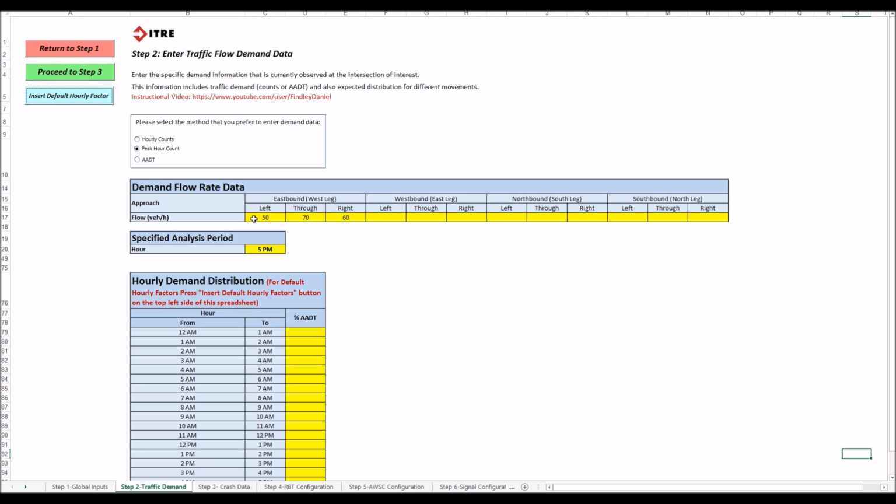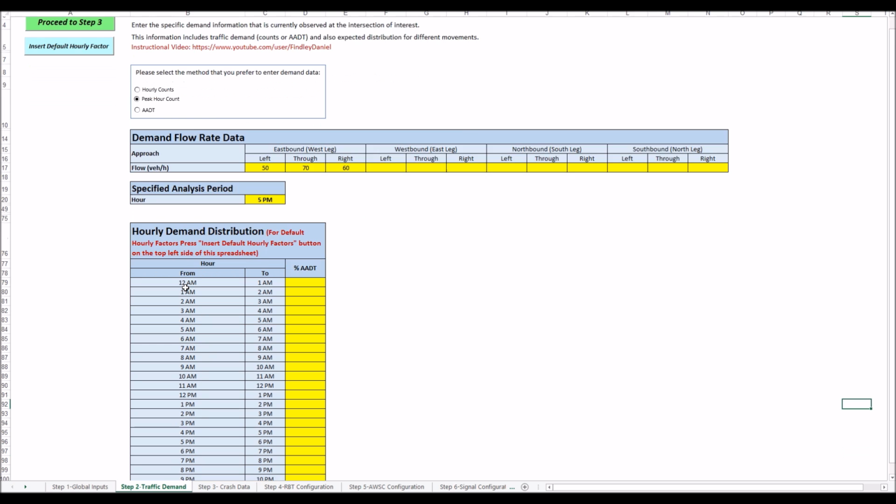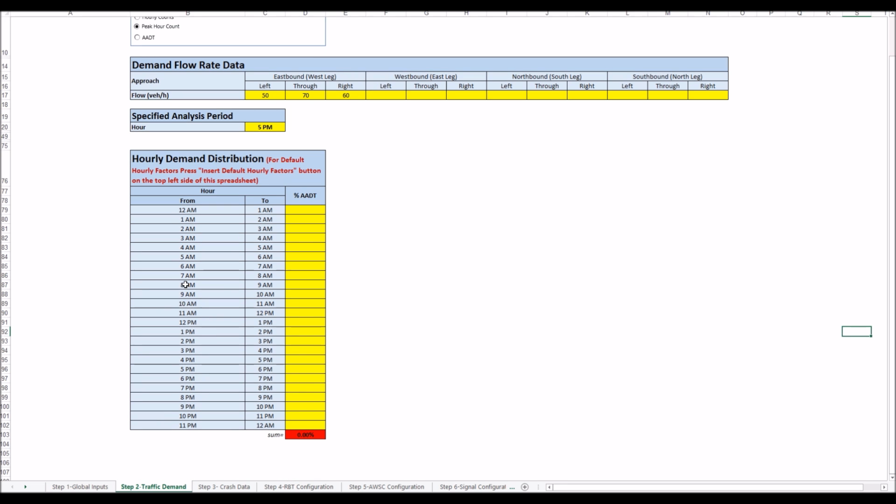Finally, the user must populate the hourly demand distribution table, seen here, with the percent of traffic at the current two-way stop control intersection for each hour compared to the total for the entire day. Although these percentages can be manually entered, such as this,